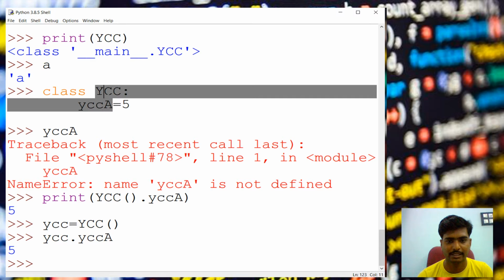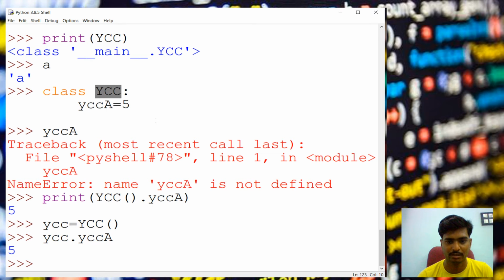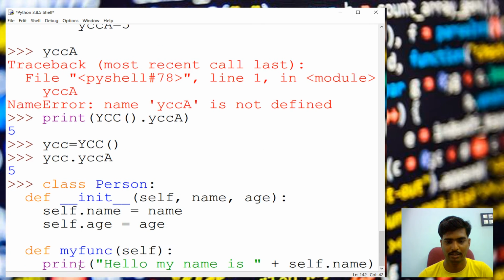But if a class is there, there should definitely be a constructor. So we will see a class with a constructor and a function, which is a method. I already wrote it. Person is the class. def is like a function in Python; when you want to define any function, you have to use def. For the constructor, it's the initialization, init.